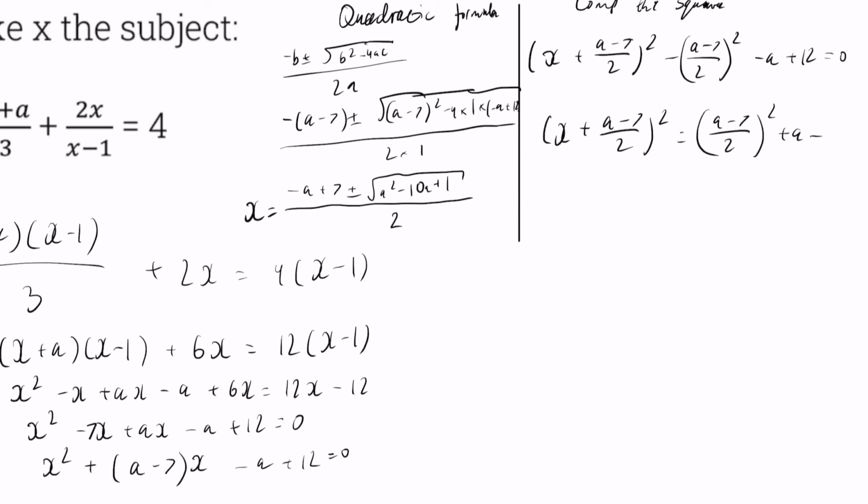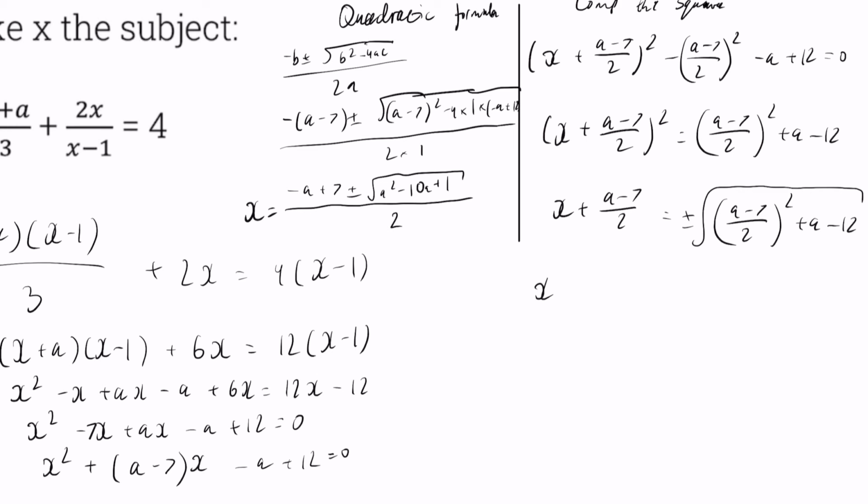plus a minus 12. And square rooting everything becomes square root. Important to note, plus or minus before the square root. That's just the property of any square root. A square root answer can be either positive or negative, because minus 2 squared is 4, as well as 2 squared is also 4. And I have no way of knowing whether it was minus 2 or 2 that gave me this 4. So plus or minus the square root of this. And then subtract (a minus 7) over 2, so it becomes minus (a minus 7) over 2 plus or minus